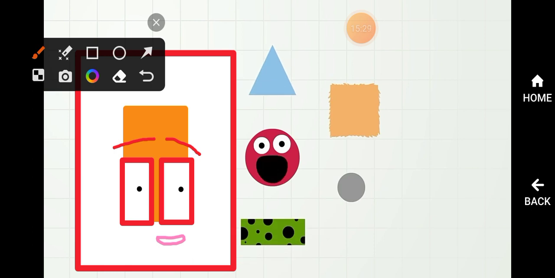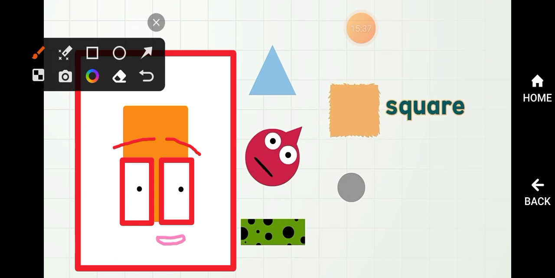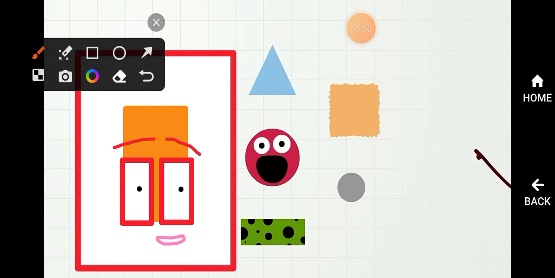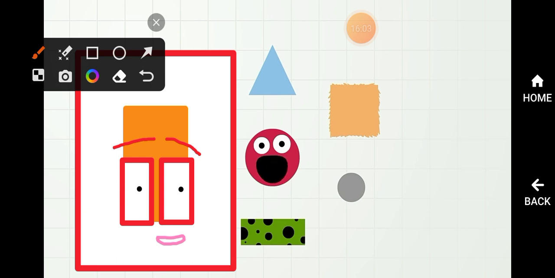So, let us practice the names of these shapes. We will start with triangle, square, circle, rectangle, pentagon, and peanut butter sandwich with a pickle on top. The shapes all have something we call attributes. Attributes! That's right, attributes. An attribute is something about a shape or something that a shape has that makes it different or similar to